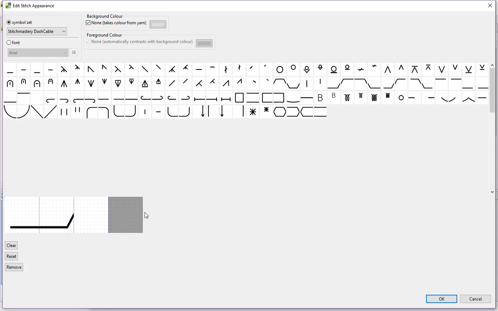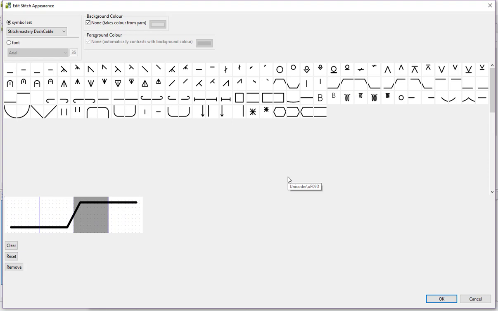And again for the top part we'll use the one that's not coming fully to the right edge, and the remainder of the cross we'll use this one here, which is connecting all the way through. And you'll spot as well that we've got horizontal lines for top and bottom that extend fully across. So if this was 3x3, then we could use those symbols to fully bridge the gap between these 2 stitches.